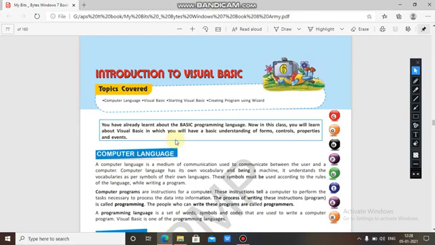There is a need of language to communicate with another person. Likewise, if you want to communicate with your computer, between the user and the computer there is a medium to communicate. That medium is a computer language.